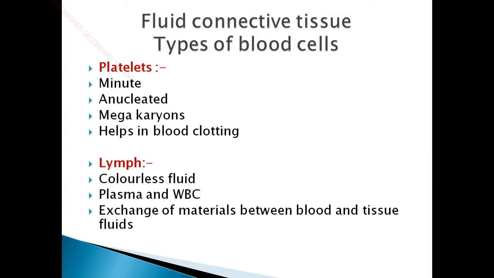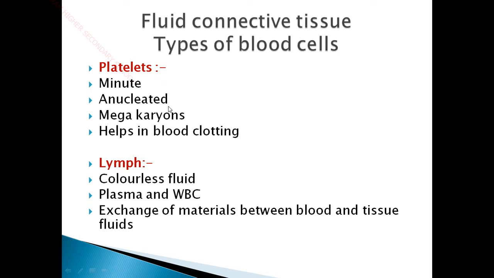Next comes the last type of blood cells, that is platelets. So platelets are very minute, small cells in our body, and compared to RBC, platelets are much larger, and these are also anucleated, there is absence of nucleus, and they are called megakaryones. So karyon represents the term nucleus. So nucleus, you know very well, it is the control center of the cell, and it is present in each and every cell, which gives all the functioning of the cell. So this consists of a large sized nucleus, so it is called megakaryones.